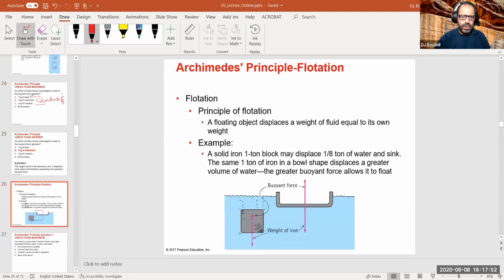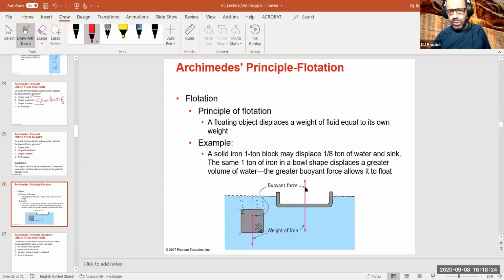Good. So again, this is the principle of flotation. Again, we're bringing the same amount of iron in this case into the picture, but one of them is configured in such a way that it looks from the outset that it has less density than the other. Both of them have the same density. Both of them are iron. Both of them should sink if they're in a smaller block. This one will displace less water than the other one. This one displaces more water.